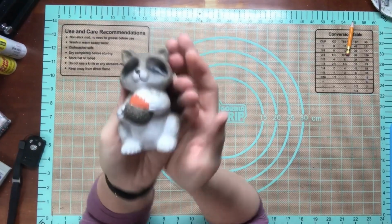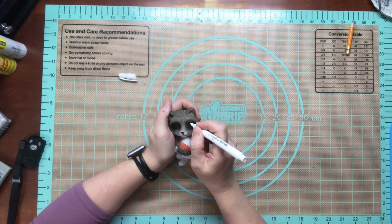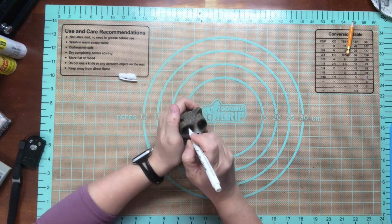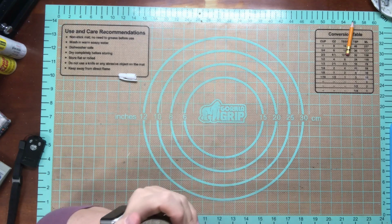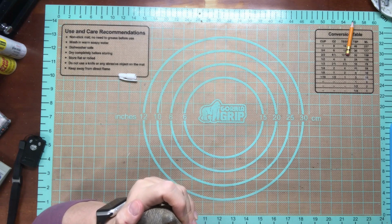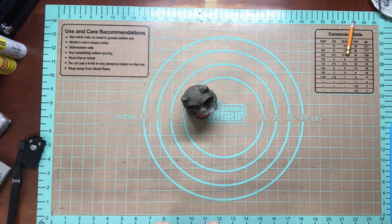The first one I'm going to be making over is this raccoon. I bought it and I loved it, but I realized when I got home it didn't have any eyes. So I'm going to take my white metallic marker and I am going to just put dots where I think the eyes should go. I can't see, so it's up in my face. Y'all, I am getting blind as a bat. But anyway, there are the white part, and I'm just going to take a black Sharpie and put dots in,